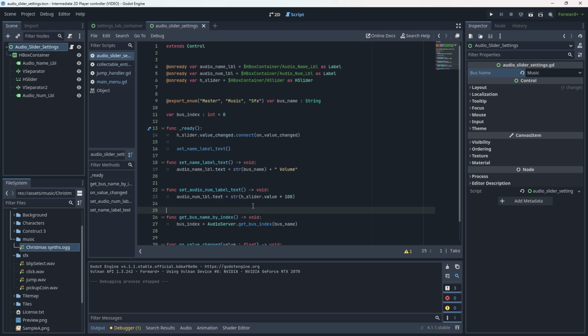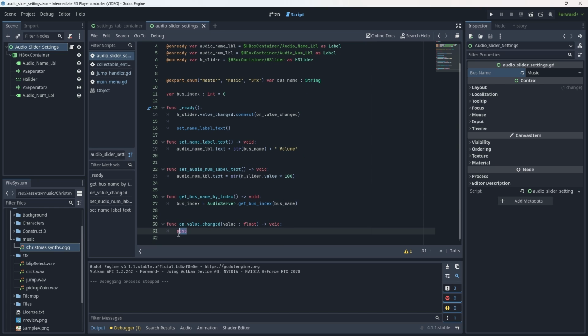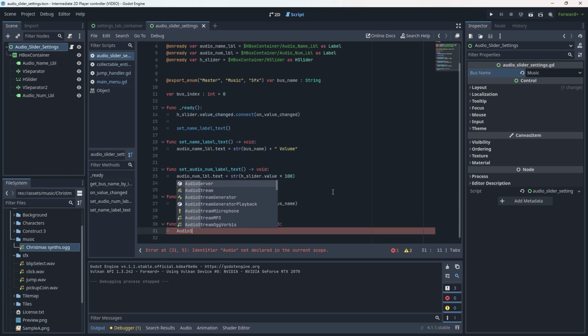So with our bus index being set, we now need to modify the on value changed. So how do we set the on value changed? Well, this one's going to be kind of simple, kind of complex. We're going to access the audio server, and then we're going to write dot set